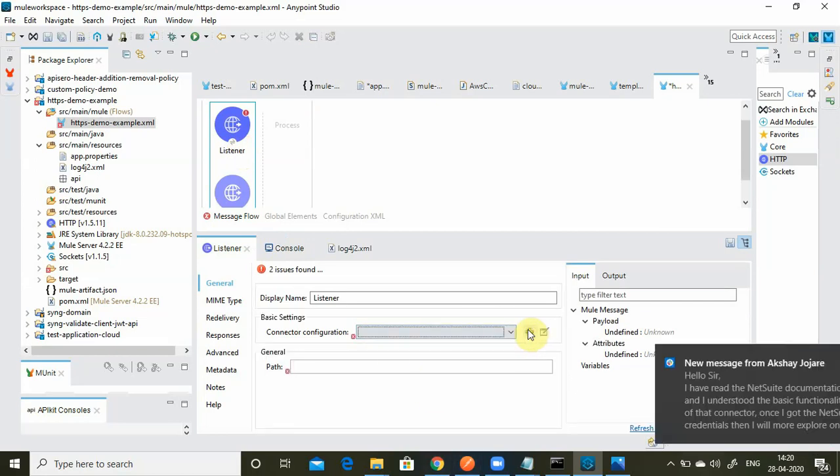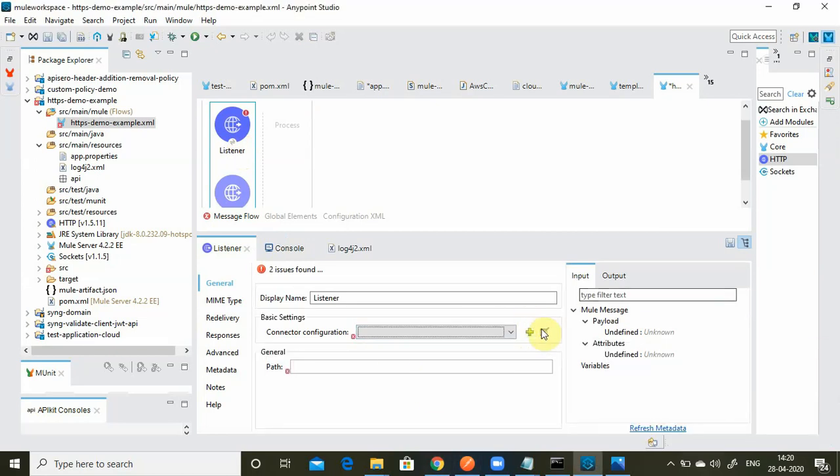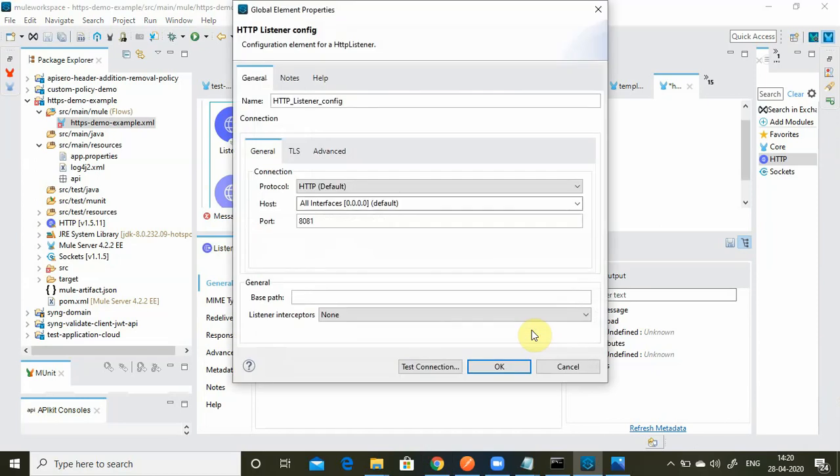I click on the add sign and use ${https.port}. The other thing is you have to change the protocol to HTTPS, now TLS.